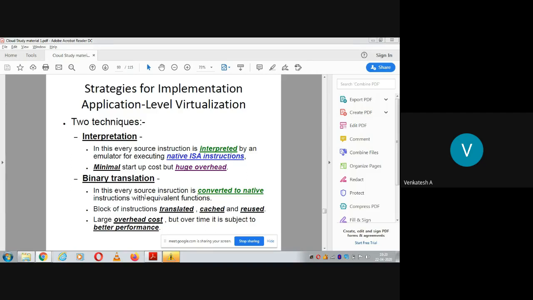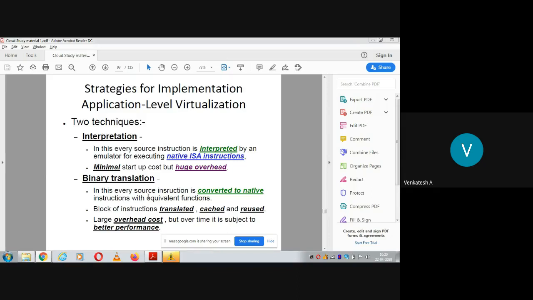In this, every source instruction is converted to native instructions, that is, to the format which is understandable by the native or host operating system. Say you are giving one instruction to your application that is not understood by your native machine, so that has to be converted. Such conversion is called binary translation.